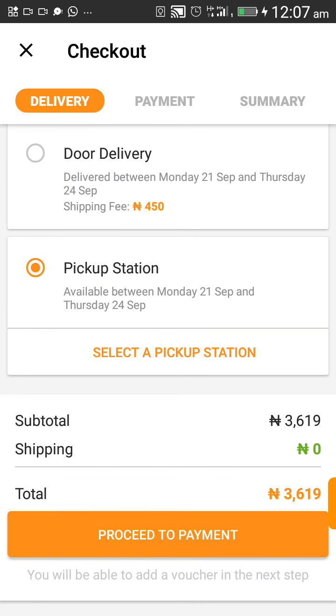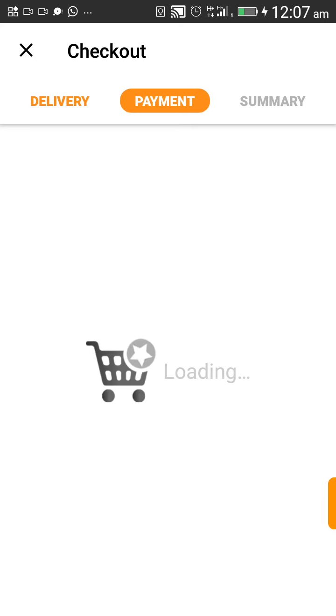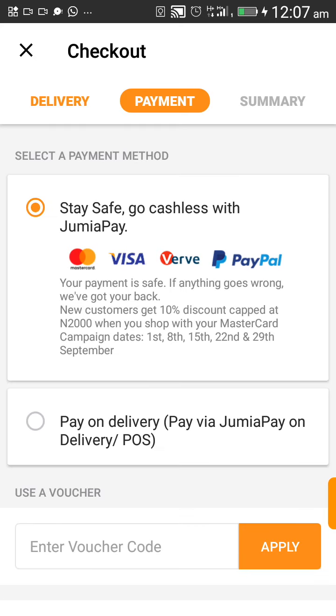Now, payment. Before you go to payment, you have to click on proceed to payment. You can see the subtotal, the shipping, and everything has been calculated. Now, when you come to payment, you'll be presented with options through which you make your payment. And as you can see, there are three options here. The first one is